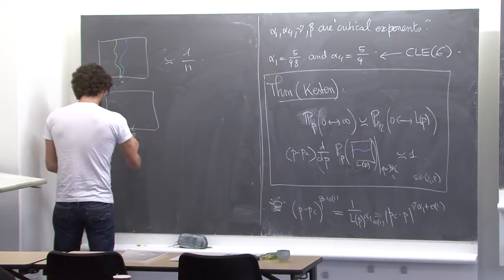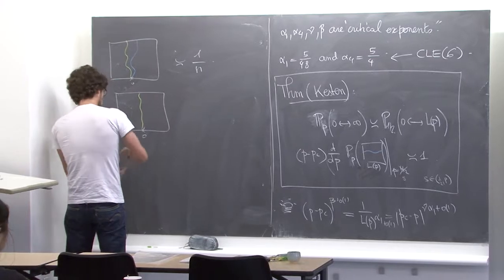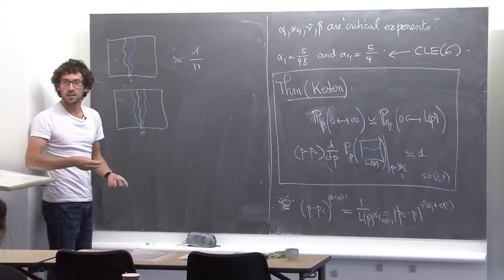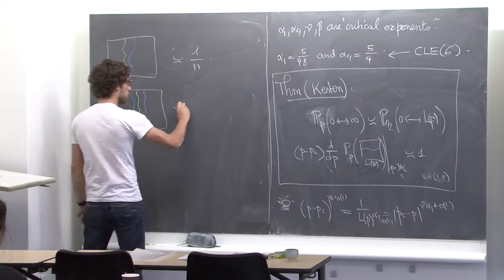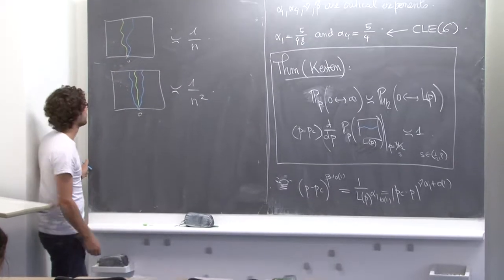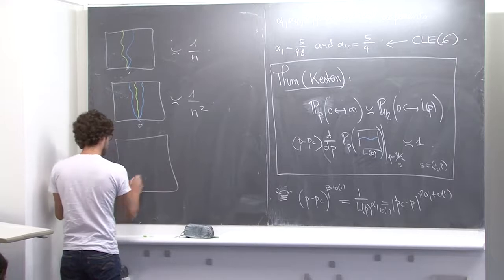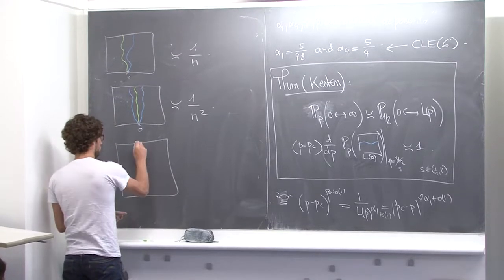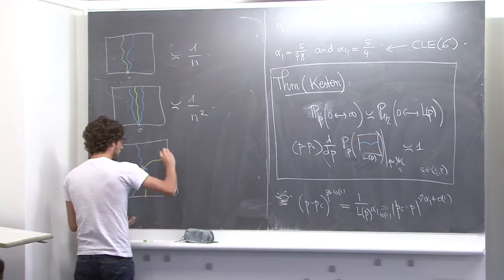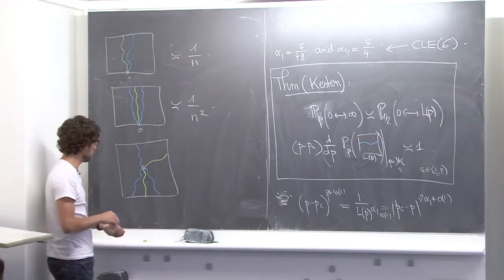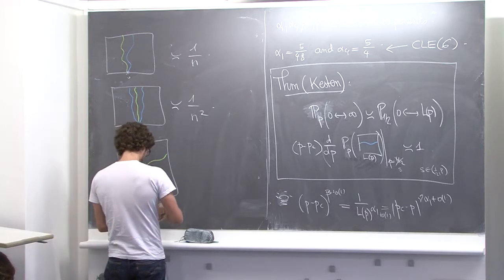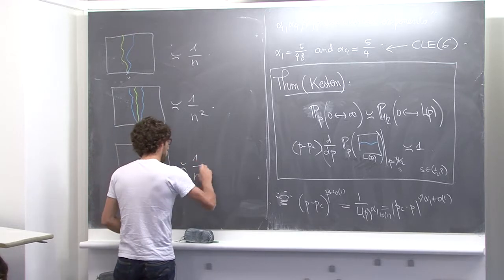You have this one, which is 0, and you take these 3 ones. And they are useful, these exponents. They are not just, oh, it's funny, I can get it from Russo-Seymour-Welsh. They are useful. This one is going to be 1 over n squared. And this one, five arms like that, in the plane, so starting from 0, here it's not on the boundary, here it's in the plane, is 1 over n squared as well.